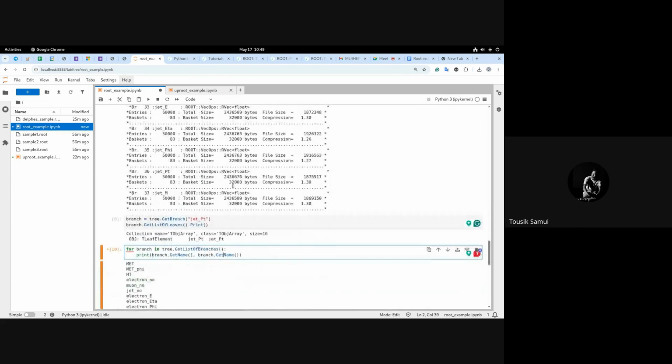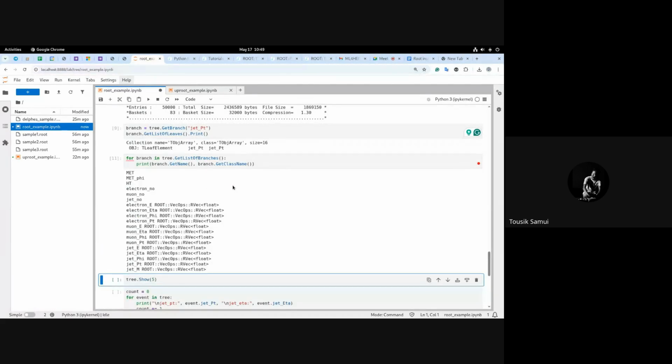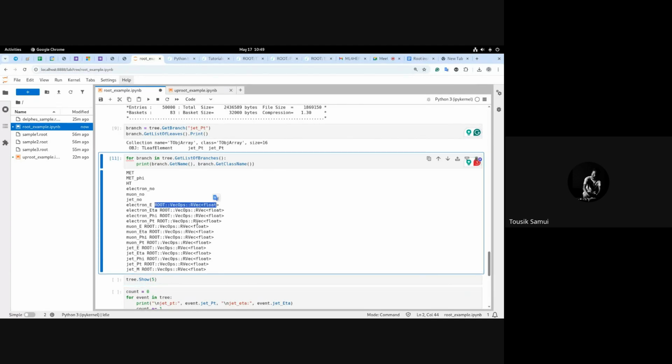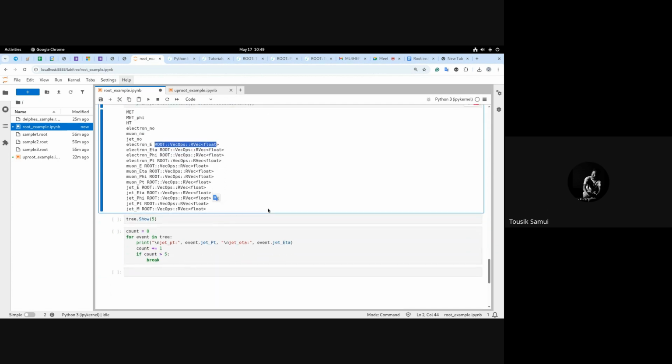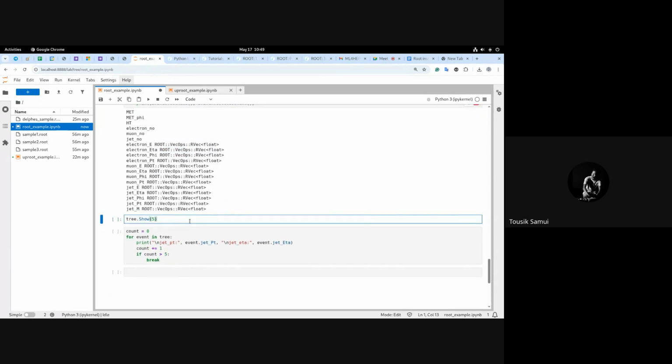Get class name. Okay, so at the same time it will show what type of data it stores and all this. Now if you want to see what the contents of the tree are, the 0th element of the tree. Okay, so then